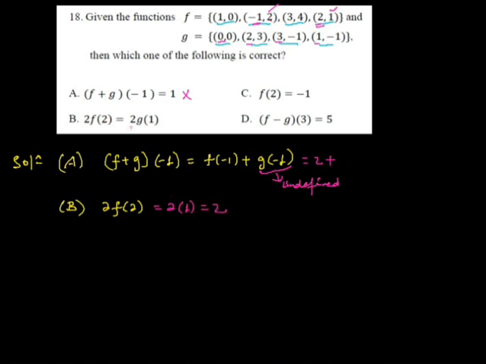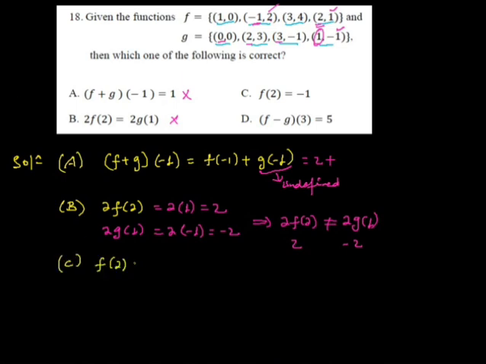እስኪ 2 times G of 1 ምን እንደሚመስል እንይ። 2 times what is G of 1? G ውስጥ 1ን ስናስገባ ሪዛልቱ -1 ነው የሚሆነው። so 2 times -1, the result is -2. so ይሄ ምንድነው የሚያሳየን? 2 times F of 2 is different from 2 times G of 1 ማለት ነው because this one is 2, this one is -2. so ቢም ትክክለኛ ስቴትመንት አይደለም።